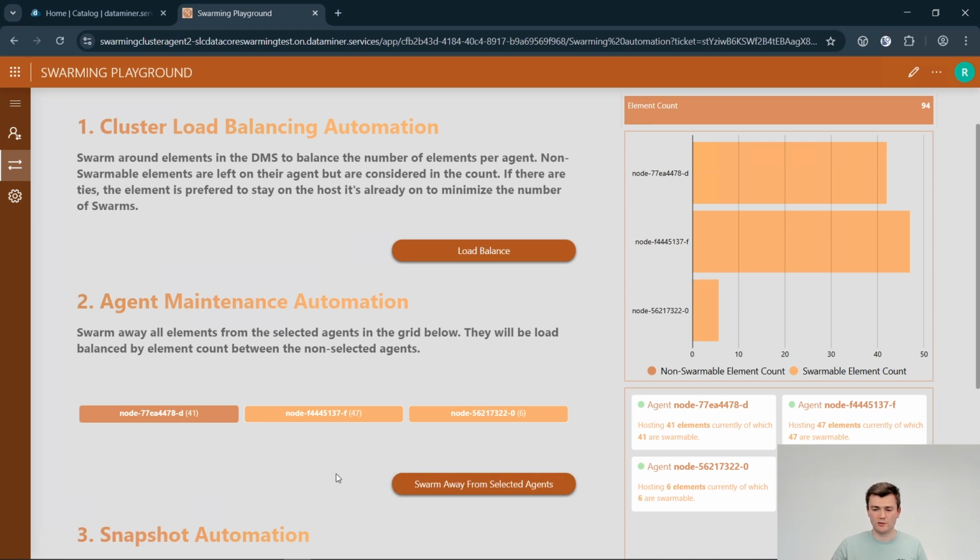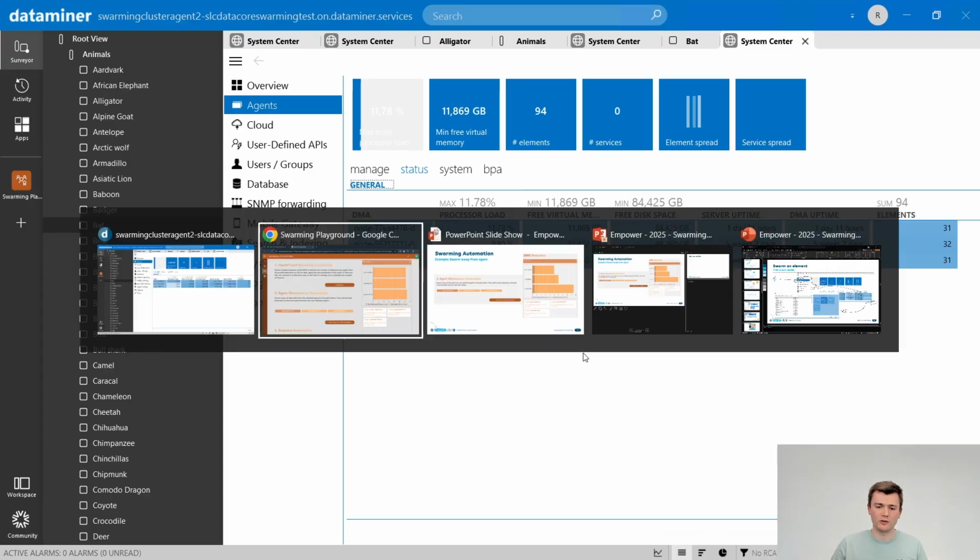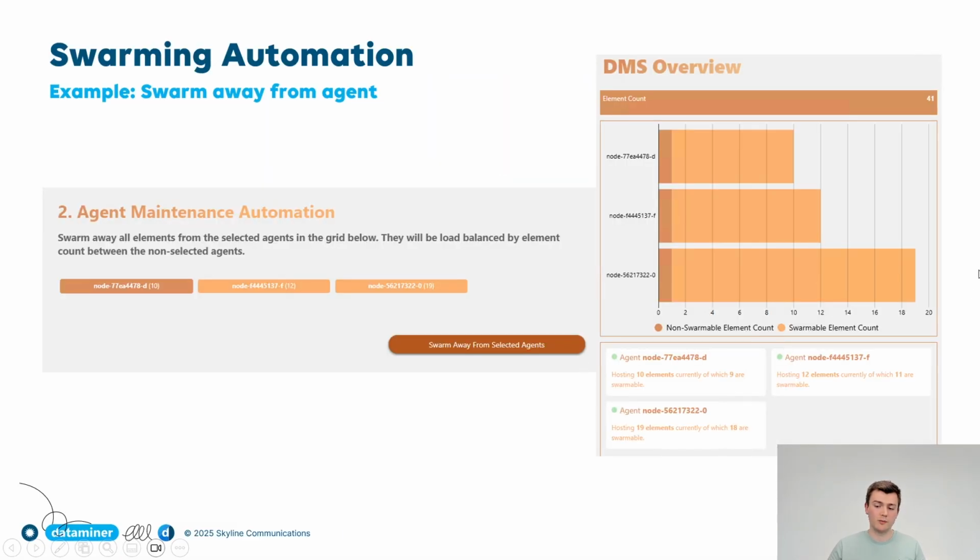this one. My script balances between the other agents, so in this case it will just move it to the other agents. I can do maintenance on this one, and so on, so on. And at the end, you just balance again. So pretty useful case, doing maintenance on your whole cluster without losing your element functionality